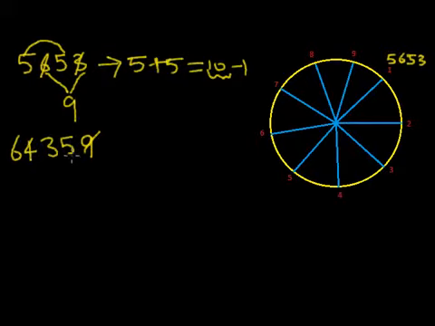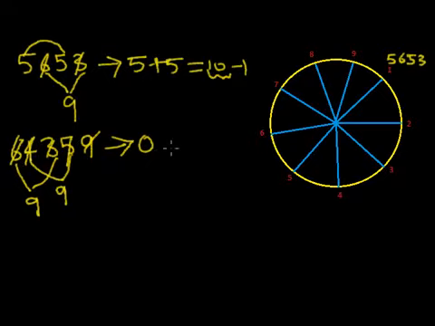Likewise, if you observe, there's a 5 and a 4. 5 and 4 add up to 9. So those can as well be ignored. 6 and 3 as well add up to 9. So this as well can be ignored, which means the digit sum turns out to be 0,